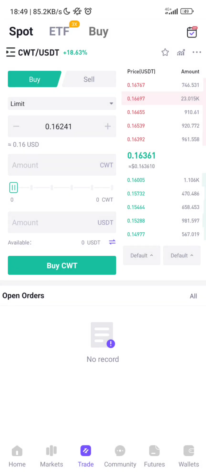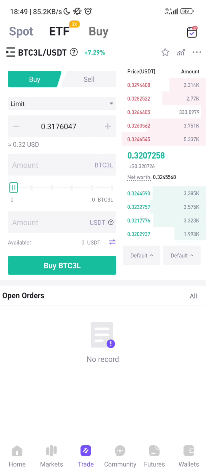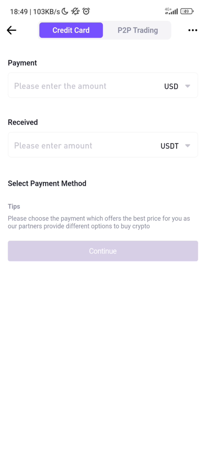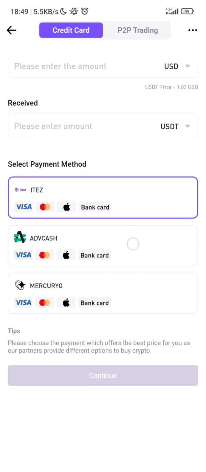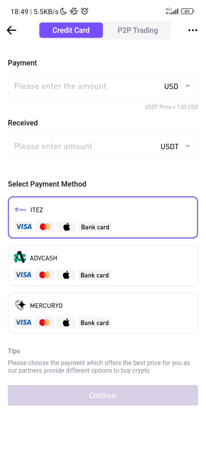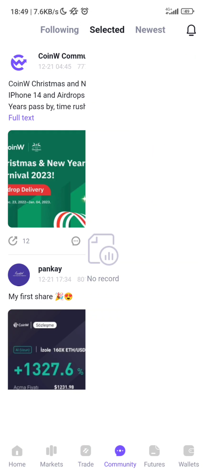So we have the ETF section as well. We have the buy. This is the buy section we saw in our home page, to buy with your credit card. So if you have a credit card, a dollar USD card, because a Nigerian card will not work. So if you are from other countries, you can try your own card, but for Nigerians, the Naira card will not work. You need a dollar card, and it's also selective. So if you are lucky, we have the P2P trading. So now for the community,